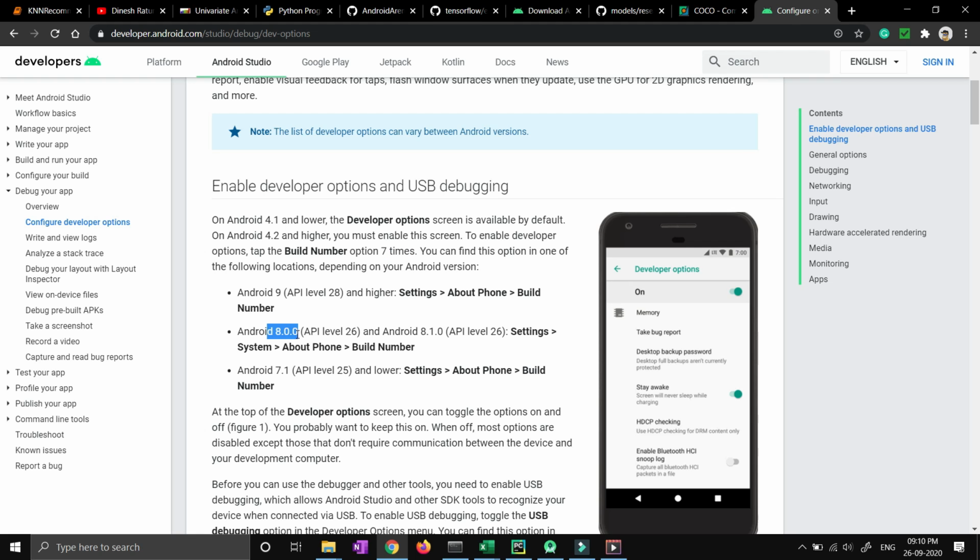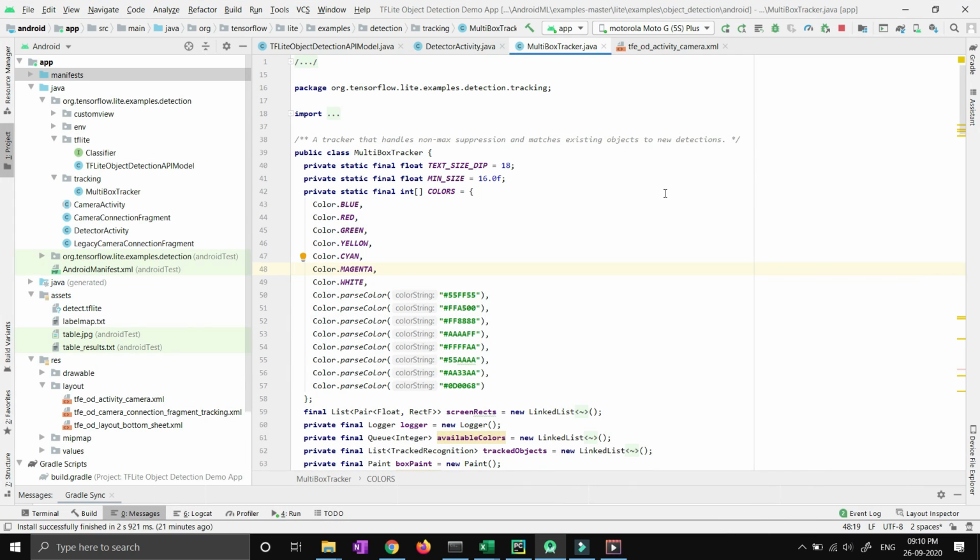And if you are on Android 8.0, then this is the way to be a developer: turn on the USB debugging inside the developer option, right? I'll paste this link, and whatever suits you, if you are using 7.1 or 8.0 or something like this, follow that particular step and turn this option on inside the developer option, right? All right, now after doing that, just unplug your USB and connect it again, and after some time, like 2 or 3 minutes, you will be able to see this Motorola Moto G, or maybe your mobile option is coming, right?